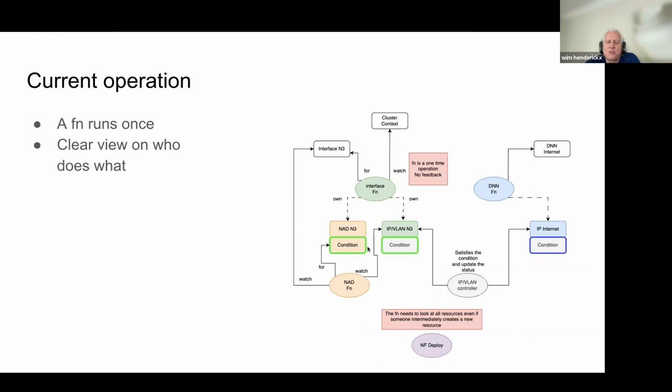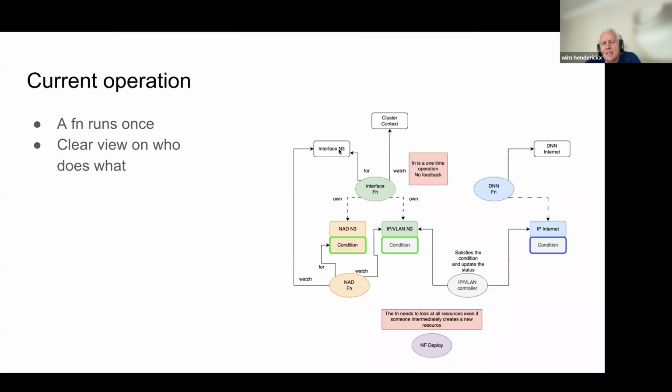Through the color code, if it's green, that means this function generates this condition. And if it's green here, this function also generates the IPVLAN CR, okay? It does not generate the NED because it doesn't have all the information, right? So maybe just to show how it works right now, if you take the interface function,